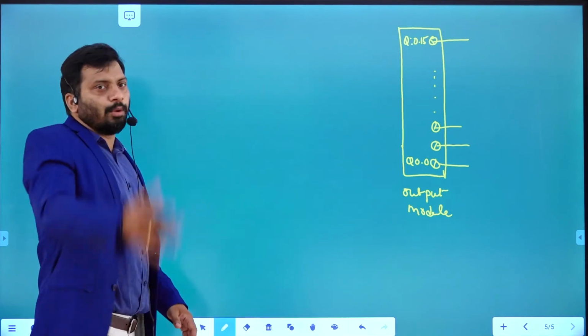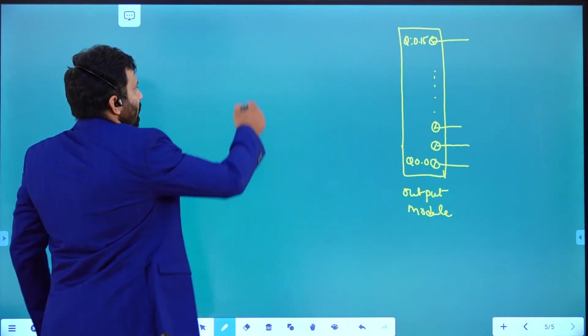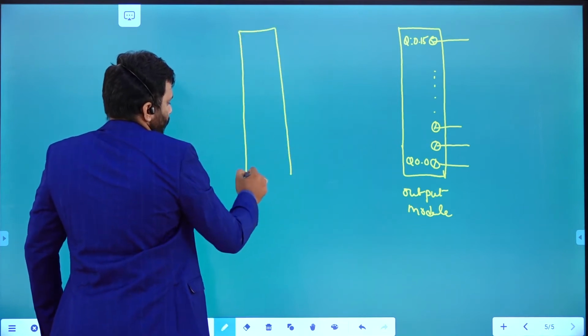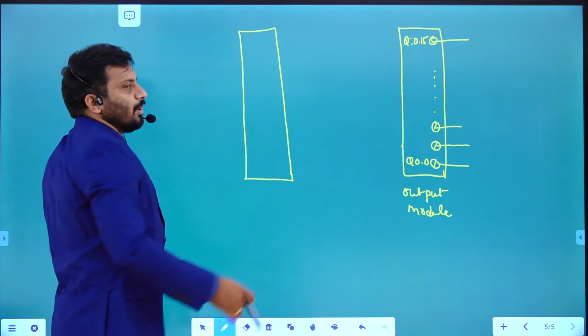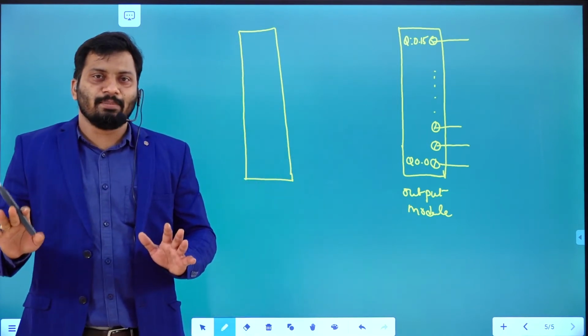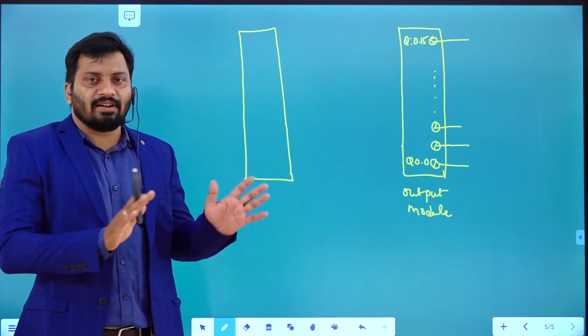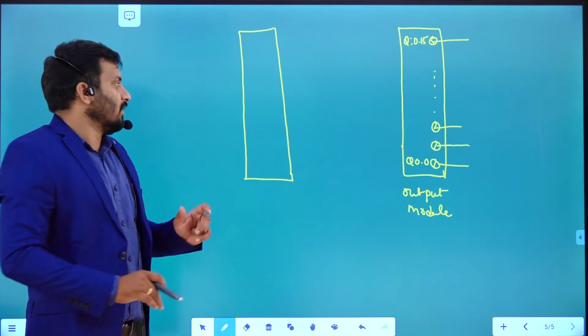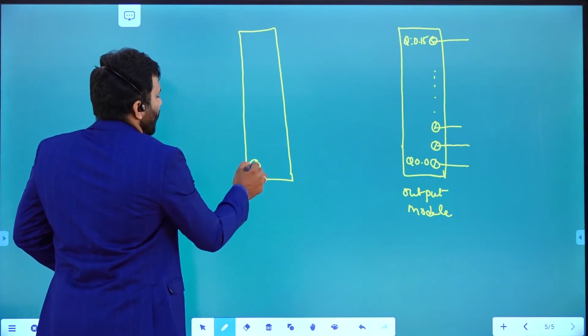In all the previous examples that I gave, we had an input module. I considered only an 8 terminal input module for simple understanding. Here I am considering a 16 terminal input module and a 16 terminal output module.